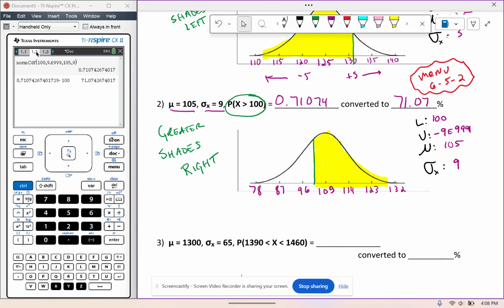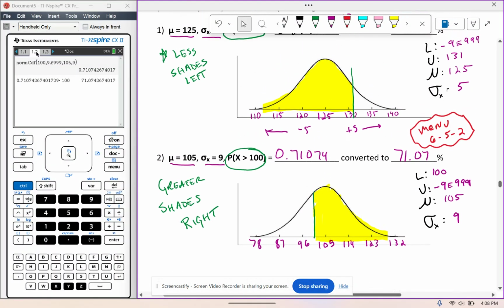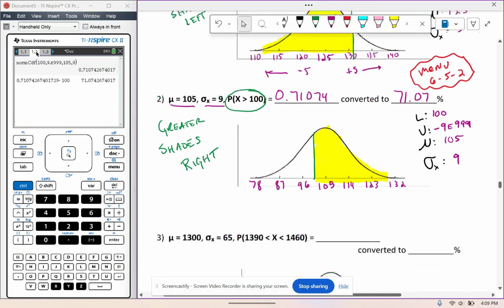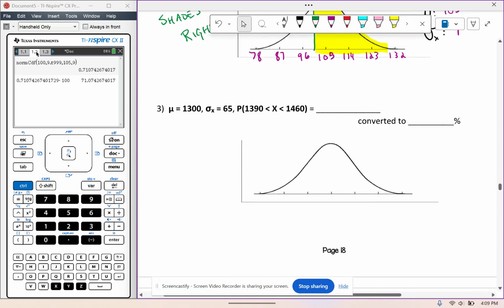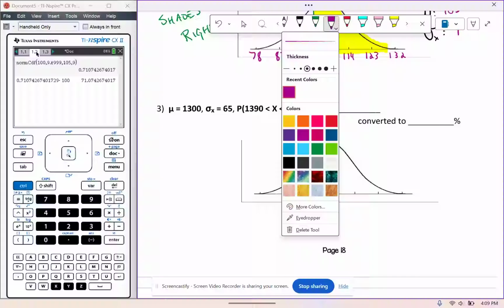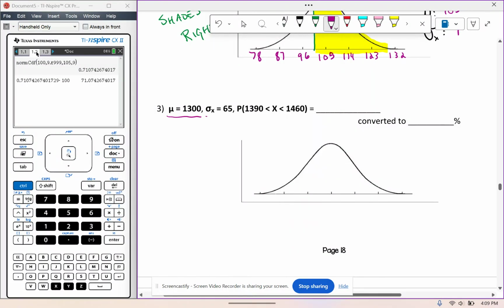All right, so we looked at a problem that shades to the left. We looked at a problem that shades to the right. Now let's look at a problem that shades in between. Looking at number 3, my mean is 1300. My standard deviation is 65. So I have 1300 here. Then I have